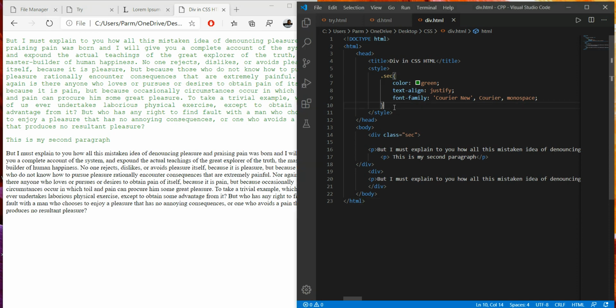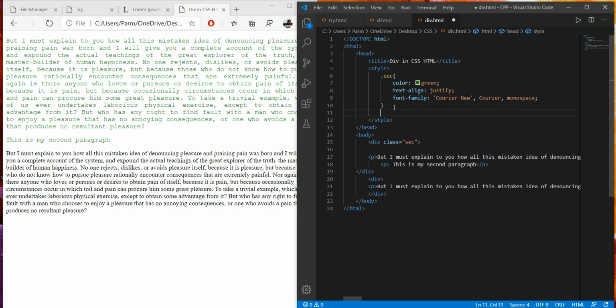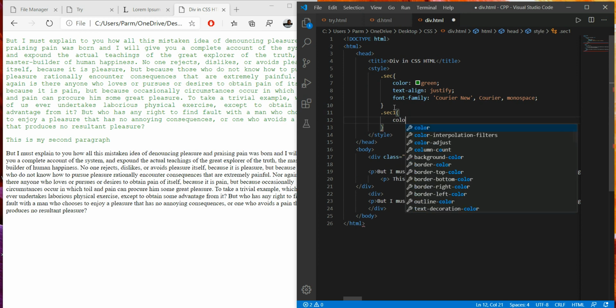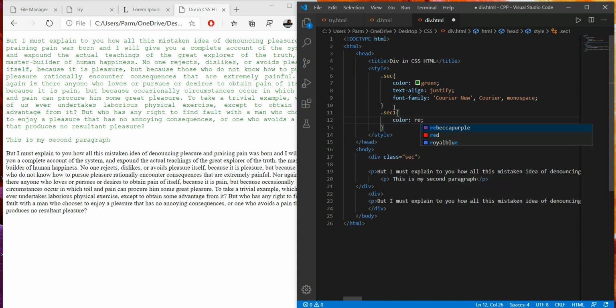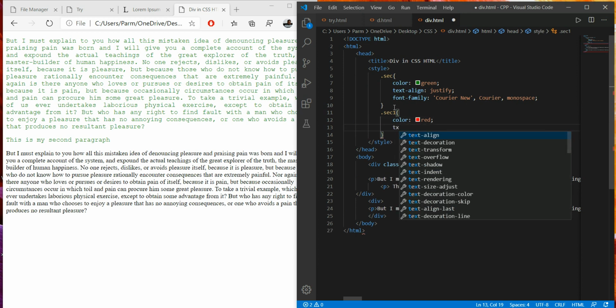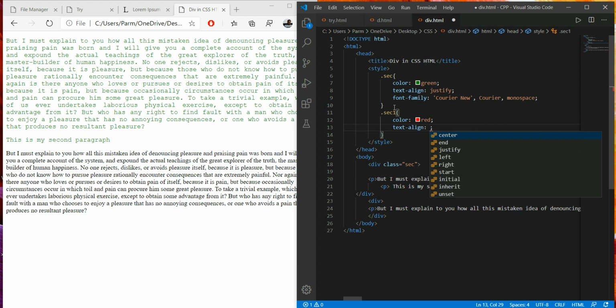So here we are going to create another class, say section1. Here we say color red, then text-align, here we say left.